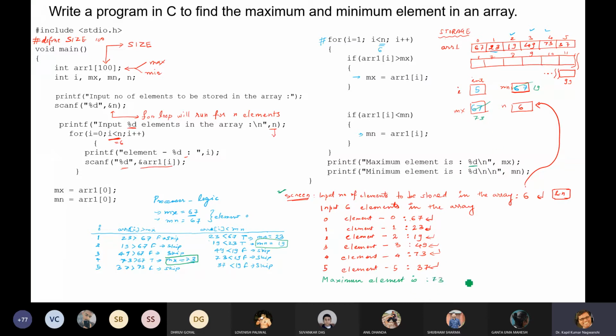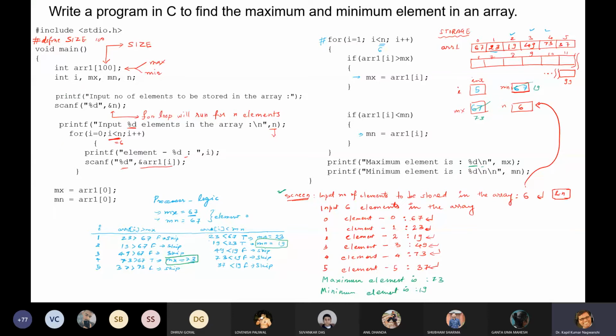This is 73, and now it will enter due to \n and then minimum element is %d. So what is mn? mn is 19 from here, and then 2 times \n will come and finally the program will exit.